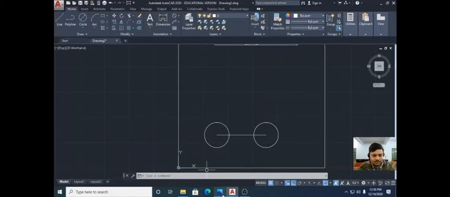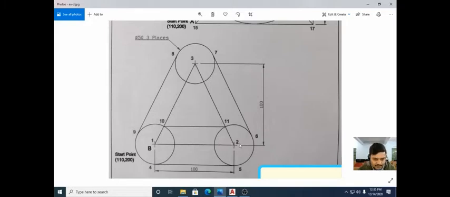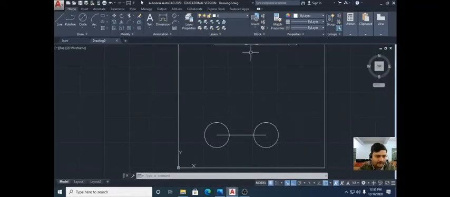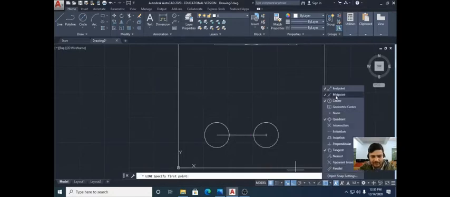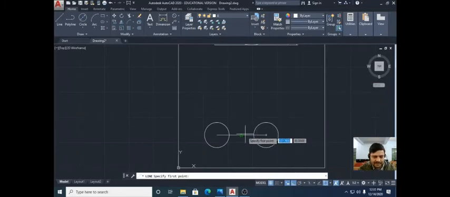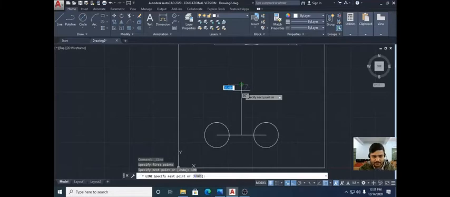Now just see the figure once. From the midpoint of this line we can take a straight line over here and we can easily make it. Okay, it is very easy. It will be a quick part to do. In our object snap tool, the midpoint is already taken. So mark it 100. Okay, press the escape button.